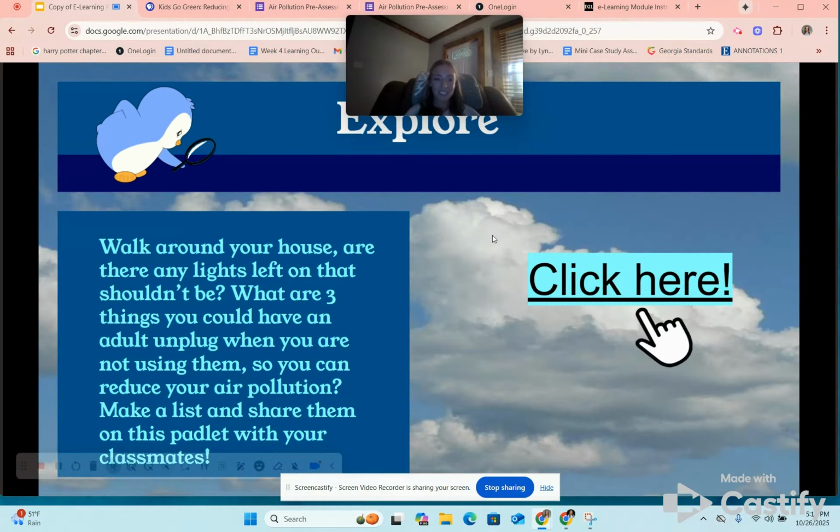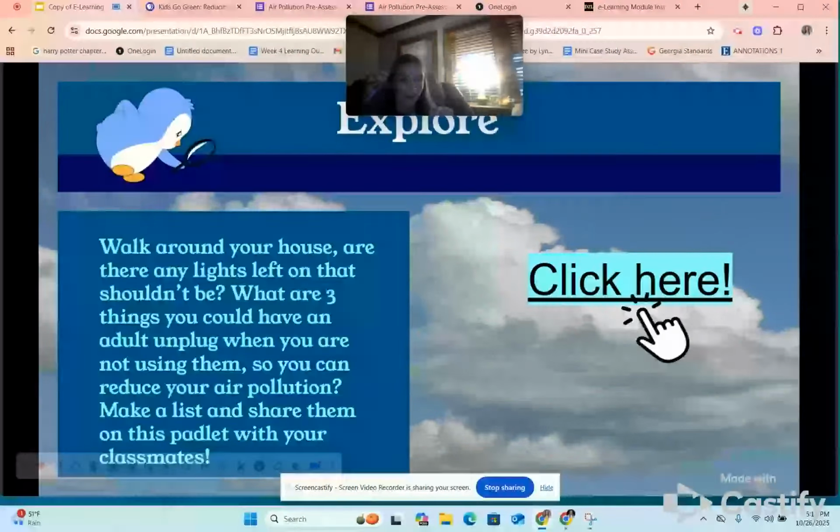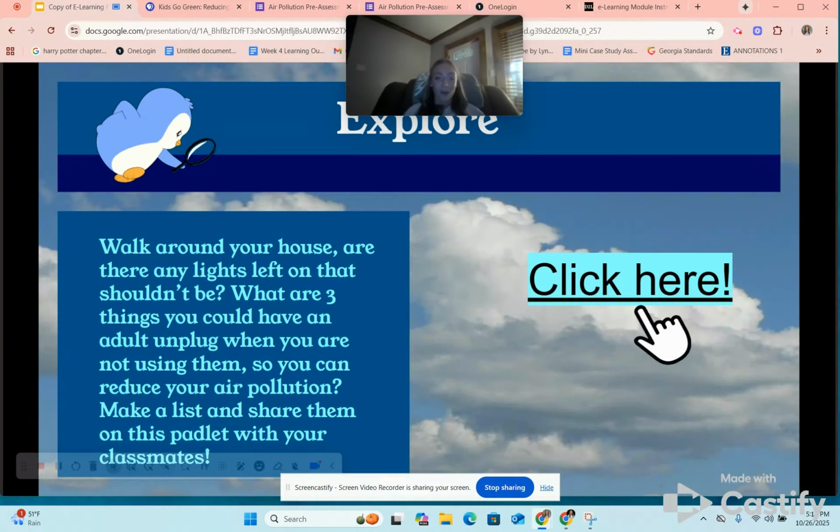Explore. So for this one, it says walk around your house. Are there any lights left on that there shouldn't be? Let's look. I have one right there. Oops, right there. What are 3 things you could ask adults to unplug? So I don't want you to go unplug things, right? Electricity is something that can harm us. But what are 3 things you could ask an adult to unplug when you're not using them, so you can